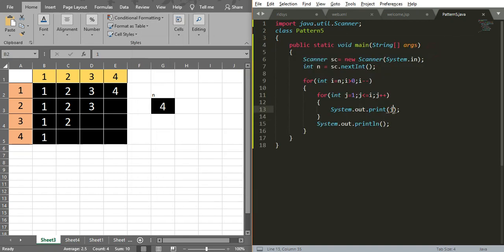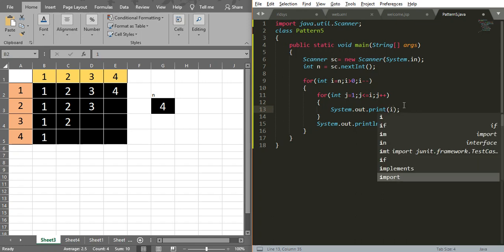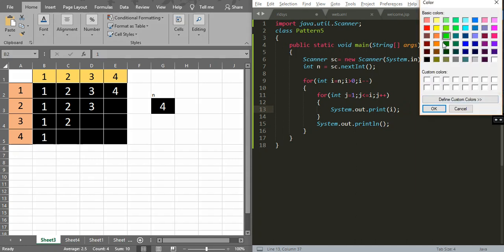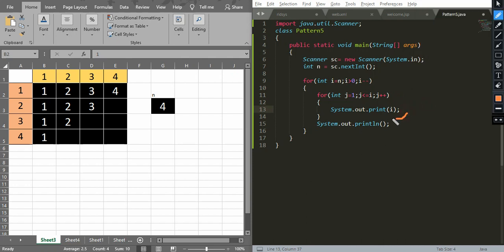So if, instead of printing the value j, I change the value to i, let's note down the changes. Here instead of writing j, I am writing i. Let's see what's going to happen on the output screen.